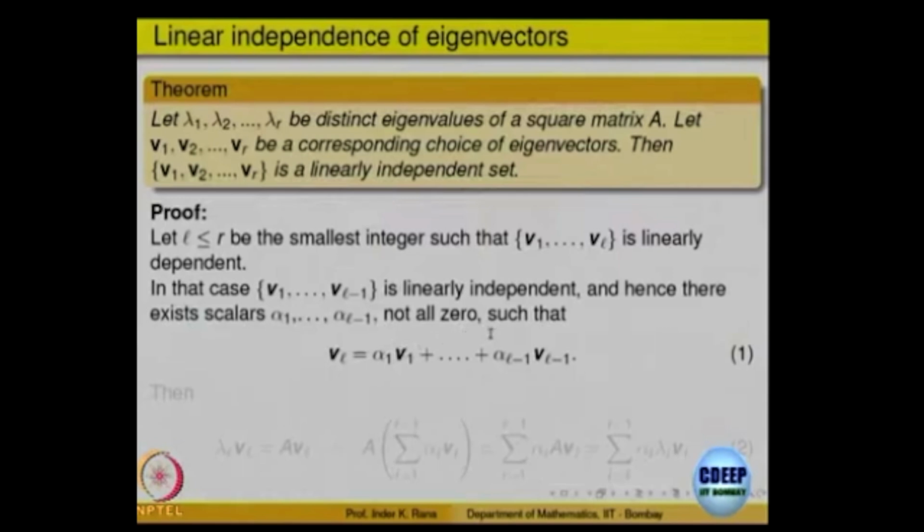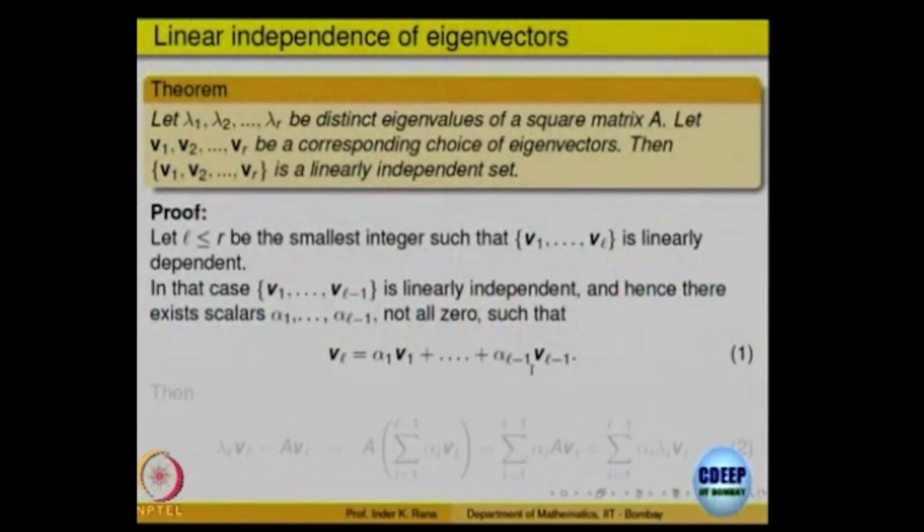Scalars not all 0, such that this is linearly independent. So VL must be a linear combination of the others, because V1, V2, ..., VL is linearly dependent and V1, V2, ..., VL-1 is independent. That means VL must be a linear combination of the other ones. So let us write VL equal to alpha 1 V1 plus ... plus alpha L minus 1 V L minus 1,